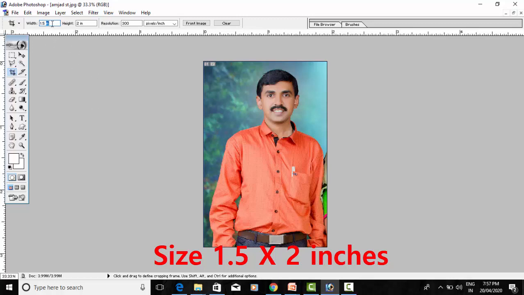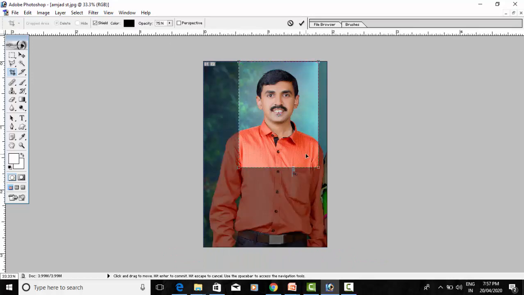As soon as you select the crop menu, width and height columns appear. Here you have to type width 1.5 and here height 2, and resolution you have to keep 300 pixels per inch. And then you have to select the image for your passport size photograph. While selecting the area of the image, see that both your eyes are seen and both your shoulders should be seen,